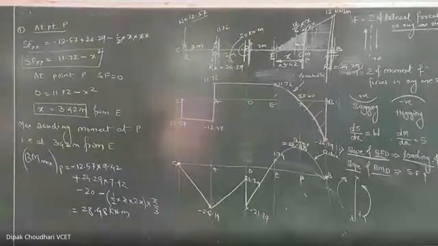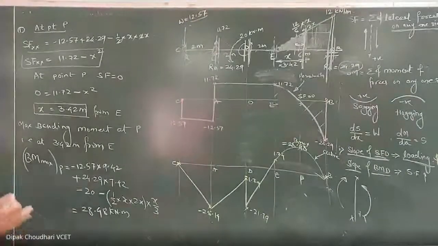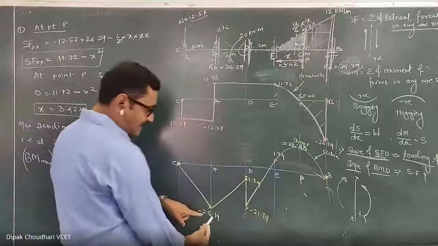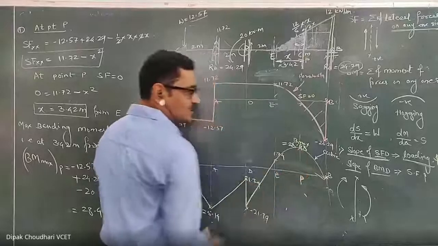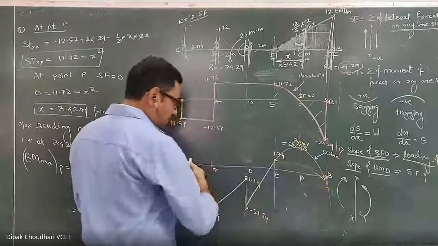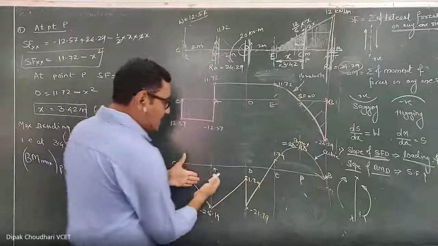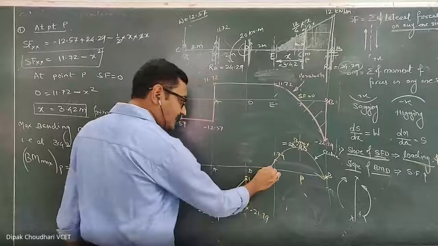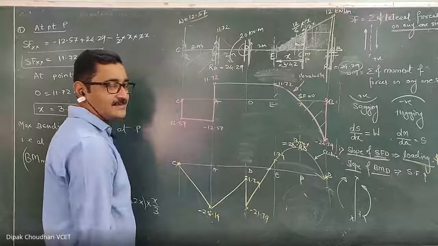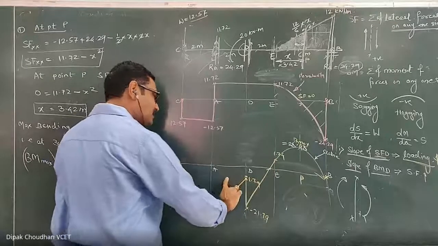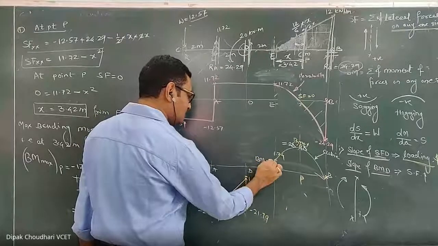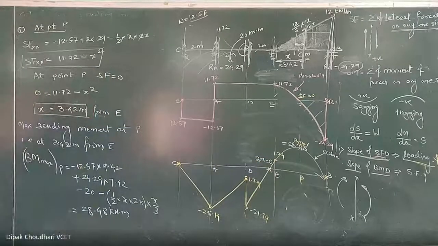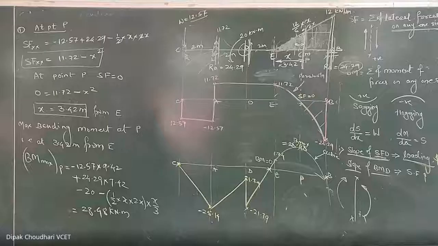Any doubt? Now you'll observe that in this section, on this beam, the maximum hogging bending moment is 25.14 and the maximum sagging bending moment is 28.48. Means on this beam, the bending moment changes from negative to positive. At this point, that change takes place. This is the point where the bending moment changes its sign from negative to positive. So this is the point of zero bending moment. What do you call this? Point of zero bending moment is known as what? Contraflexion. It is a point of contraflexion.